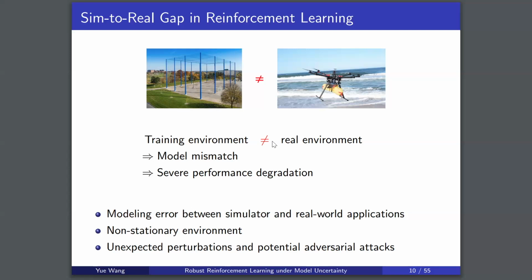Let's say we have a simulator that fully captures the true environment, and then we obtain the optimal policy under this simulator. Now we want to deploy our learned policy to the real environment. But since the environment is non-stationary, the environment has already changed. So again, the training environment we are using is different from the real environment we are deploying, and it leads to a sim to real gap. And of course, in the real environment, there may be unexpected perturbations or potential adversarial attacks that cannot be fully captured and handled by training on the training environment. All of these reasons can lead to a sim to real gap.